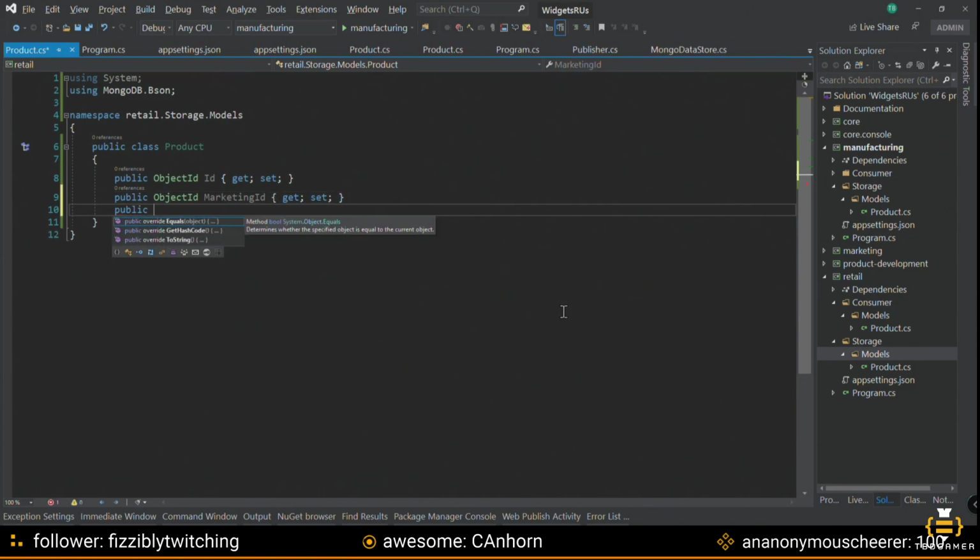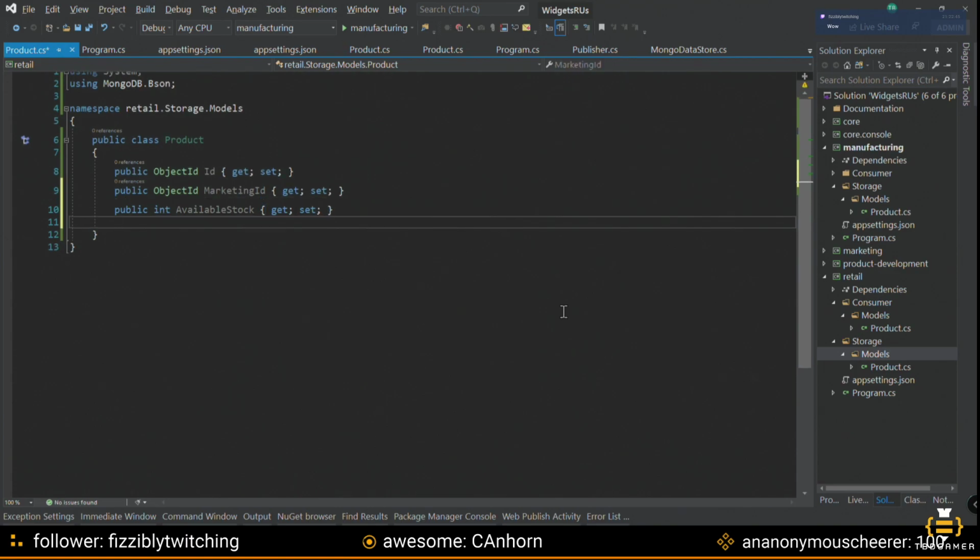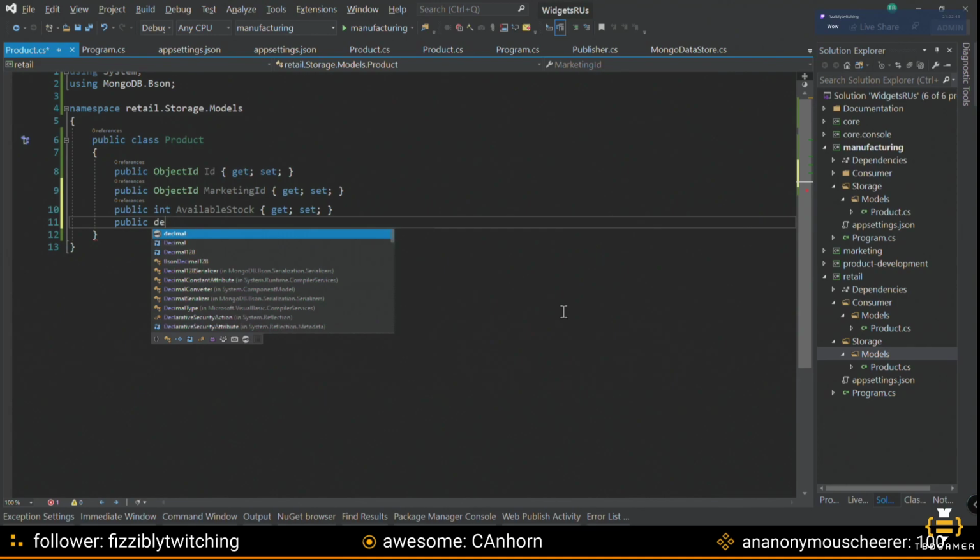So here we have int available stock and public decimal